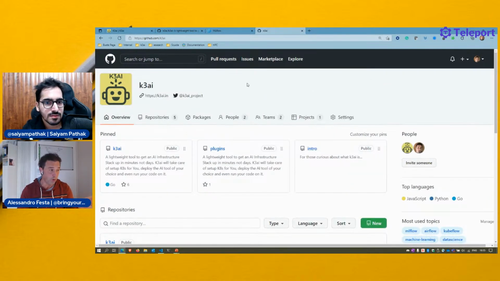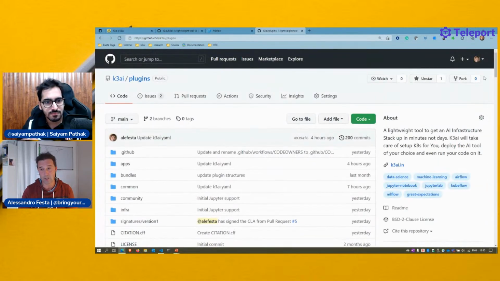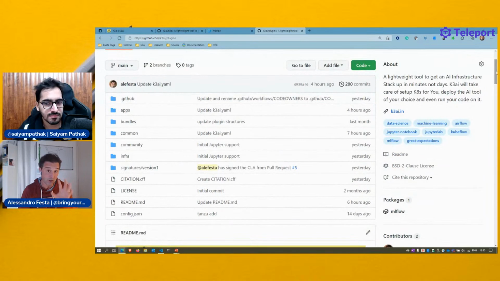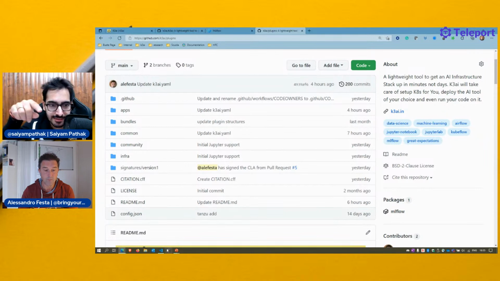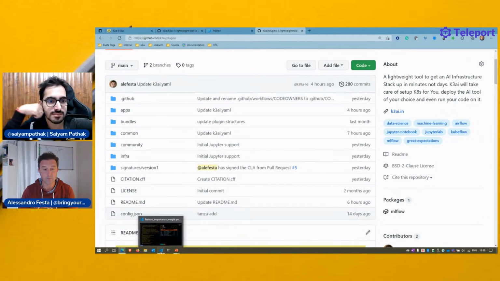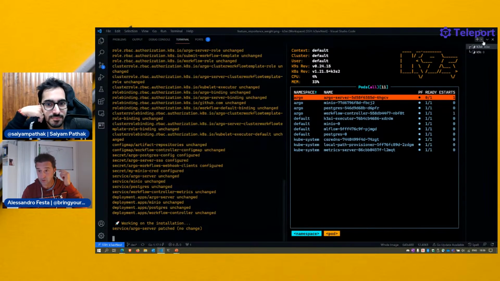The other good point, Sayam, is the plugins. I think I need to explain how they work, because those are really the magic behind K3ai. Yep. Just before that, one question from the previous run that you did for the XGBoost example. There was an executor that was running. You said there was some magic behind the scenes that it is doing. What is that magic? Absolutely. Let me show you this.